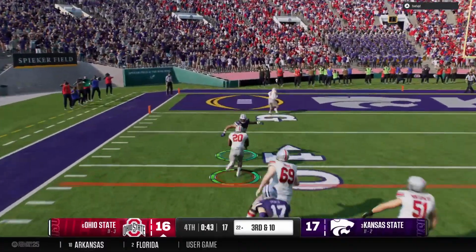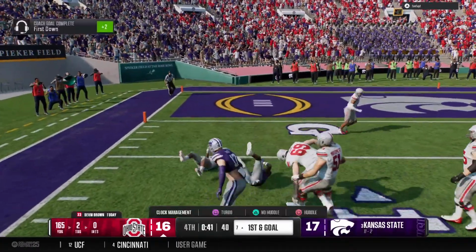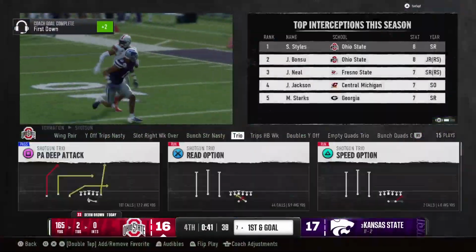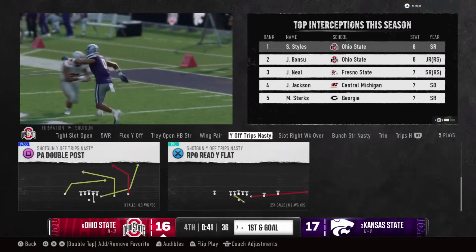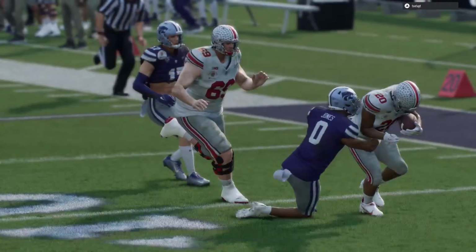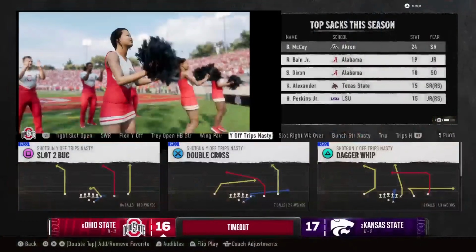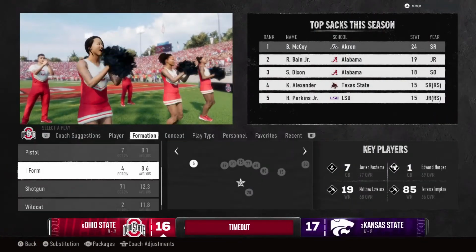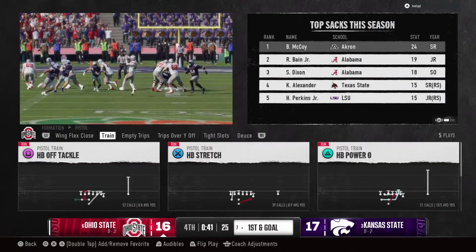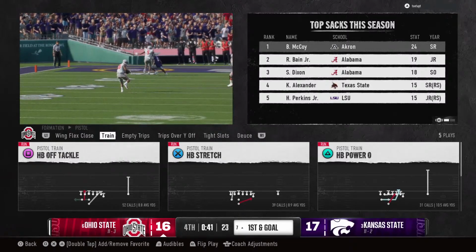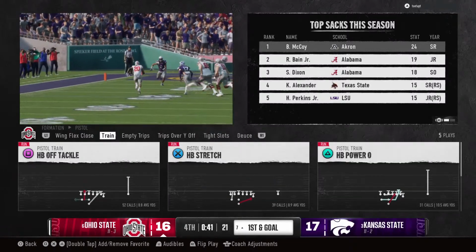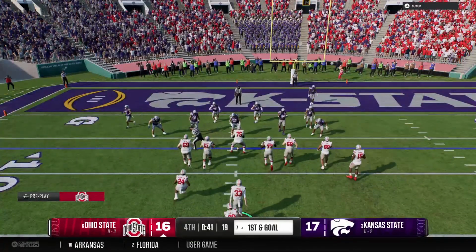Here's a throw underneath to the back. They make the stop, but not before a solid gain that time. Now that's what I call coming through for your team in a pressure situation. Great read, got the ball where it needed to go, and now you're set up to get 6. And the offense will wisely spend a timeout after the play. Clock management is going to be very important here in the final minutes.